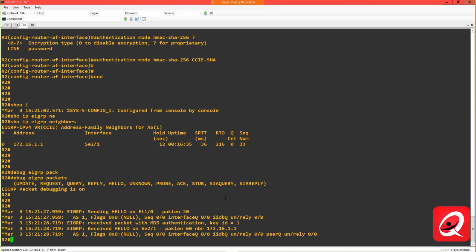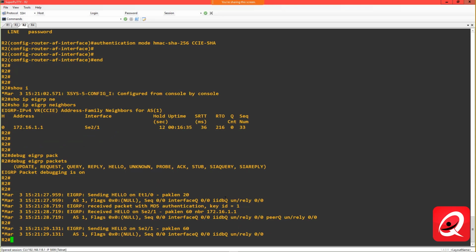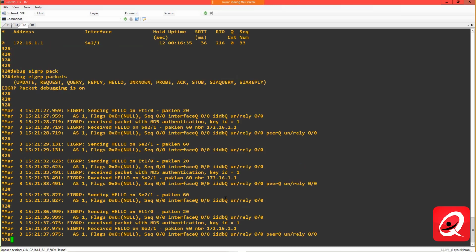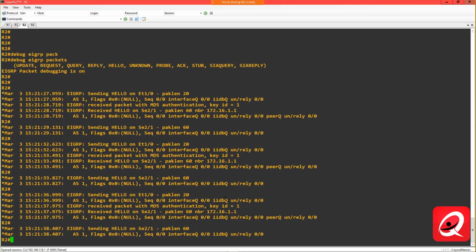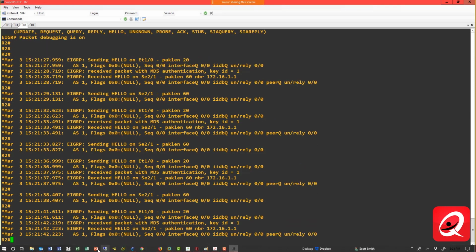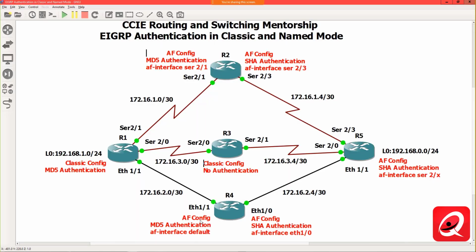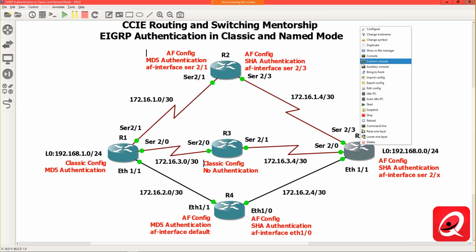And we should see that we're getting an error from the other side. Let's see. Actually, you know what? It doesn't look like we're receiving anything from the other side just yet. I'm just seeing a bunch of MD5 authentication. So I'm guessing, let me do an undebug all real quick, that router 5 is not configured